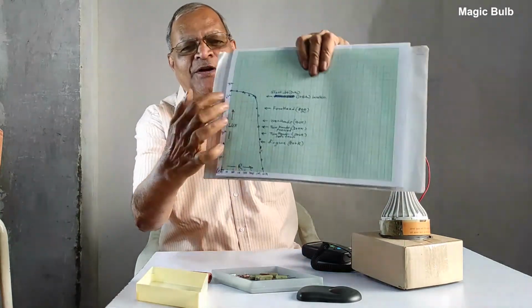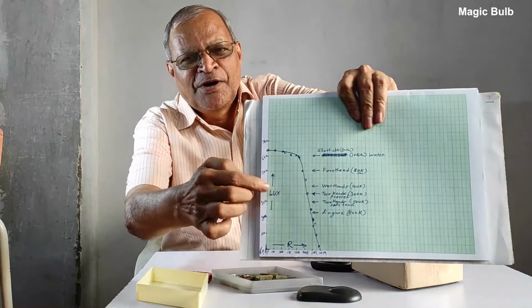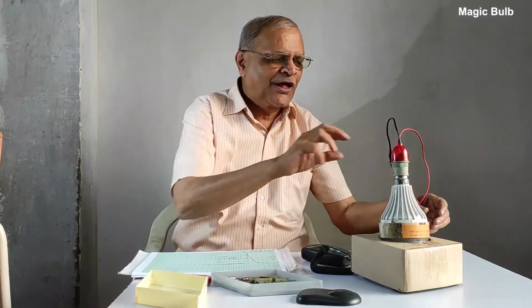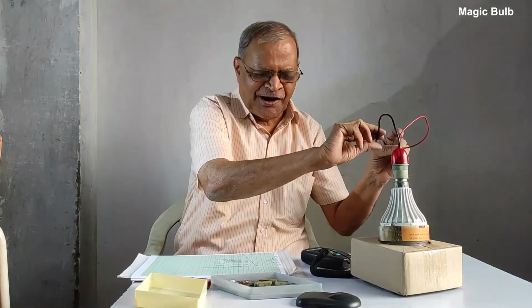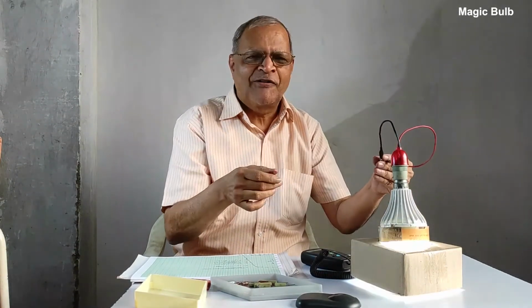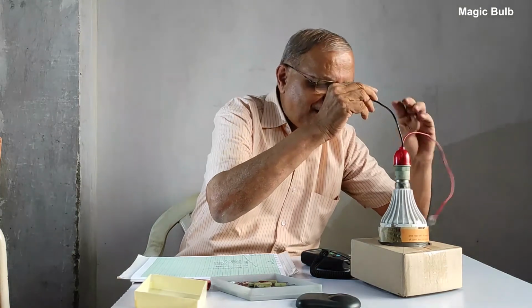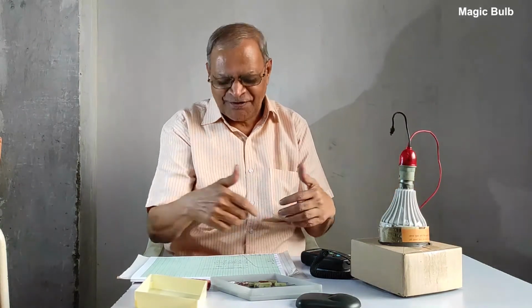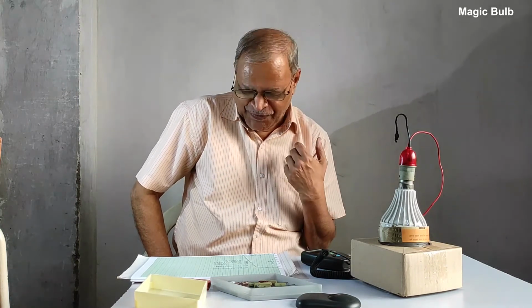Okay, you can get the graph, you can get the judgment of the graph, and on this graph, I will now touch by two hands. I will get some reading. I touch by one finger, I get some reading. I touch by my two tips to my forehead, I get some reading, and those readings I will check on the graph, which will correspond to which R value. Very nice way of guessing the conducting path, resistance, and this gives a joy to learn.